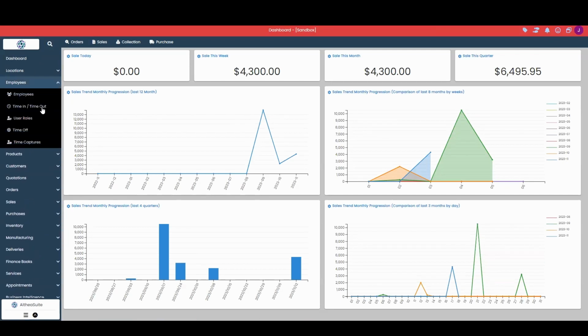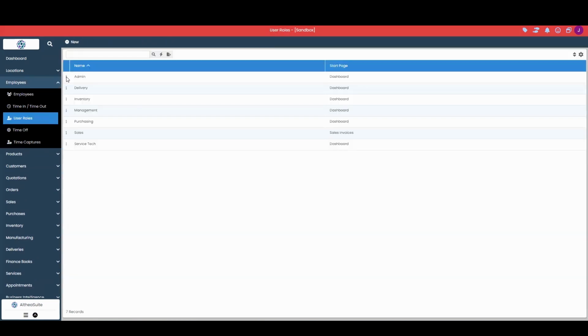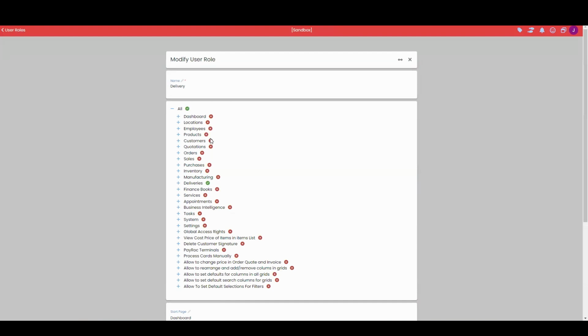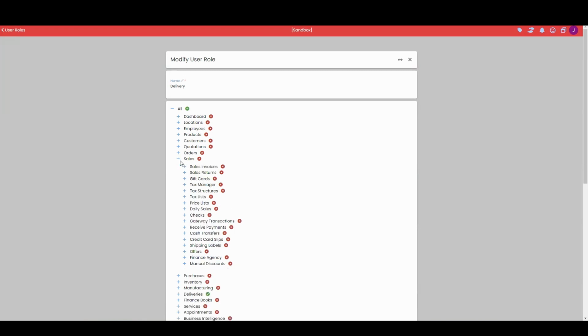I have an admin user role, so I have access to everything. Now, with these user roles, they can be either very simply done, or they can be very in-depth and specific on what we want to have access to. What I mean by that is for this basic view here, before I click into everything, we can simply remove